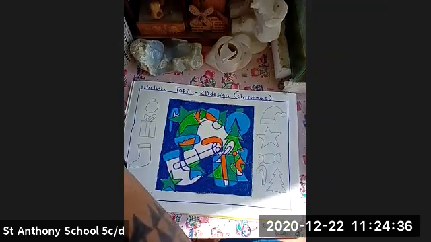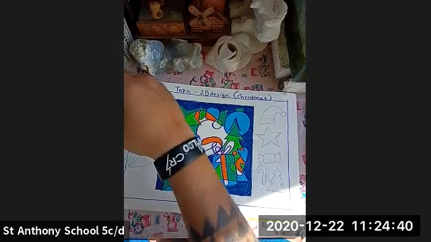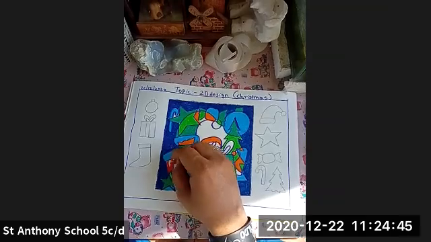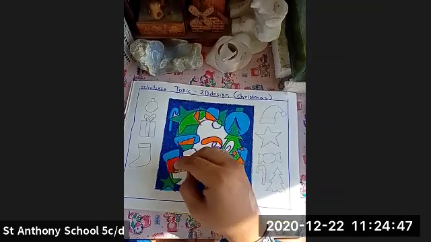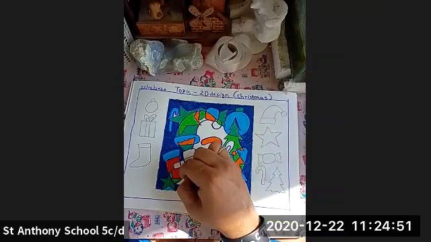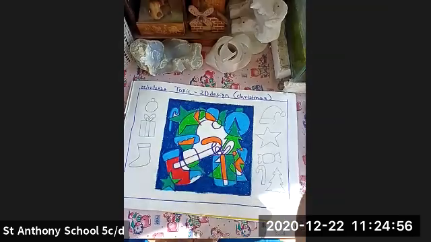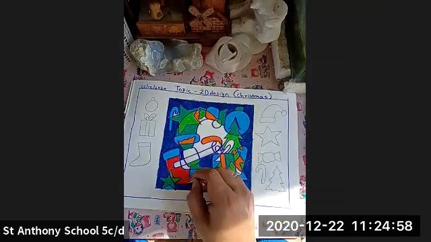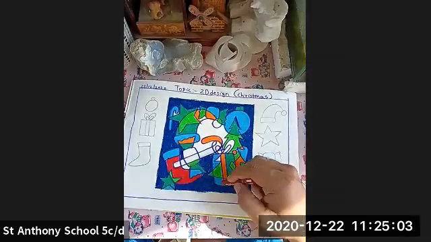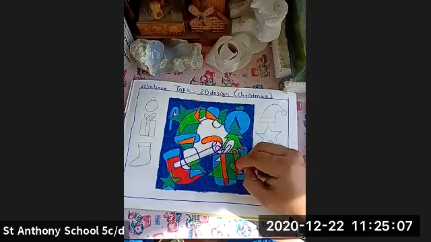Okay, then I'm going to use a red color. So this is how I'm starting coloring this part with red. I hope each and everyone is getting this, how to do it. You have to pay attention that the same color should not come in the side.